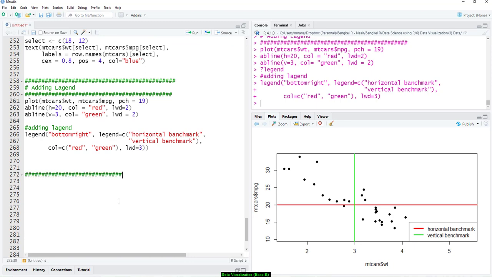So let's look at the next graph, which is line chart, right. So line chart, we're still using plot function, right. So line chart, what is the purpose of line chart? Line chart is for numerical data, numerical variable. Line chart is actually you want to see the trend